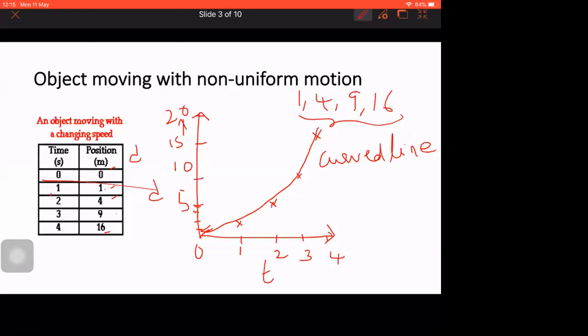This is the way of drawing the graph. Because you're doing MCQs, this type of question might not come, but they will give this graph and ask you what this graph indicates. Then you should be able to answer that this distance time graph indicates that an object is moving with non-uniform motion. That interpretation you have to do. So you need to know for what data, which graph will come. That is the reason I'm drawing the graph in front of you. Clear? So next one we'll be seeing.